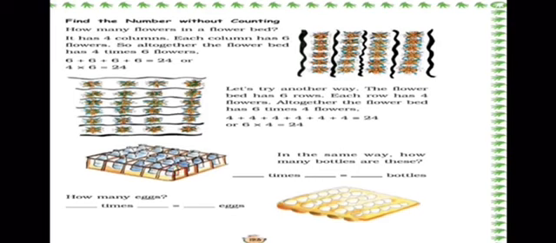Similarly, how many eggs? Now see, we are just counting the first one, that is horizontal and vertically, and then we will get the answer. Like 1, 2, 3, 4, 5 and 6. Then over here also 1, 2, 3, 4 and 5. So 6 and 5. So 6 times 5 is 30. So now let's check our answer. Yes. So there are 5 rows and each row has 6 eggs. So 5 6s are 30. So there are 30 eggs.